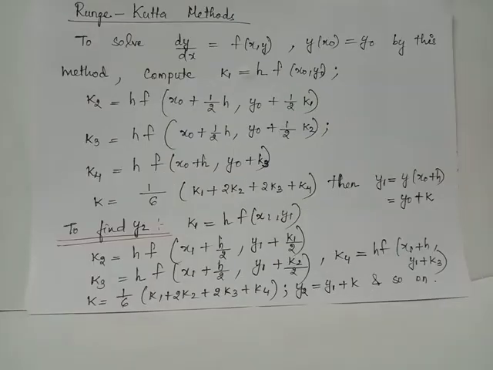Thus we will obtain y2 equals 0.82126995. In order to use Runge-Kutta method to solve differential equation of the format dy by dx equals f of x,y given the condition y of x naught equals y naught, we must have knowledge of these 5 equations of k1, k2, k3, k4 and k, along with y1 equals y naught plus k. Equations applicable for next iteration can be written looking at these set of equations itself, replacing x naught y naught by x1 y1.